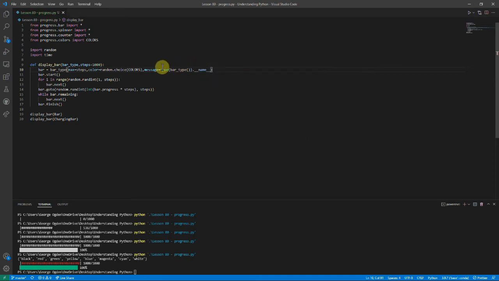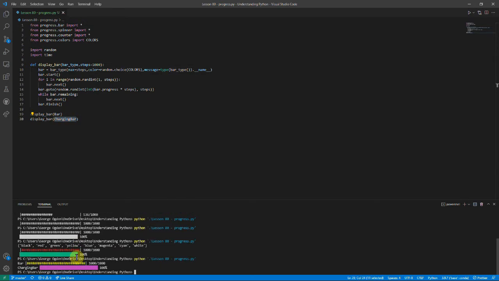So this is just a fancy way, a very fancy way, of taking this name here and printing it. And unfortunately it means they don't line up, but you can still see the bar that we're using. So to make up for this padding, what we can do is just format it,